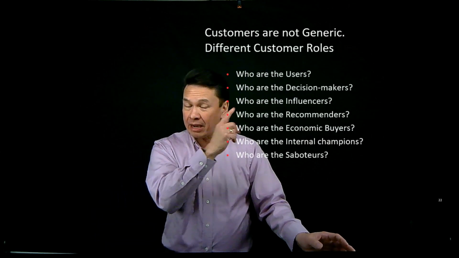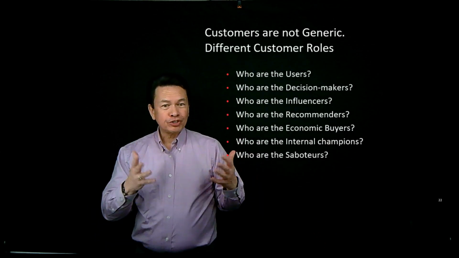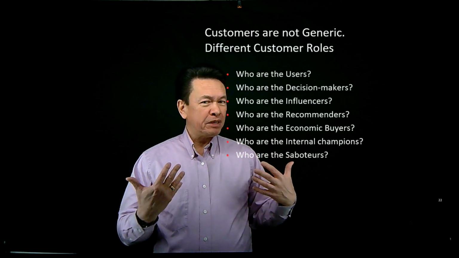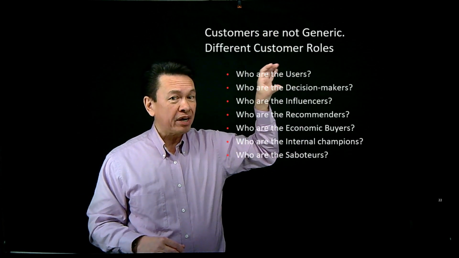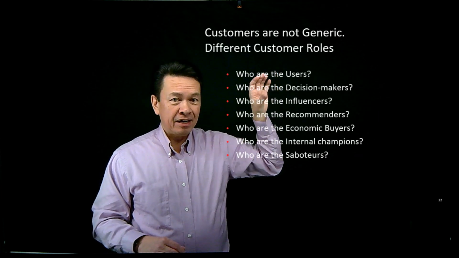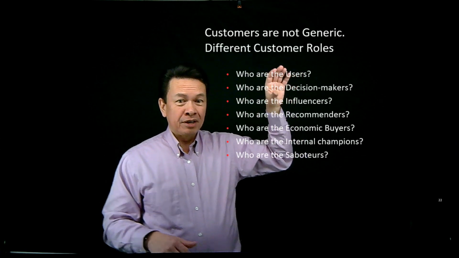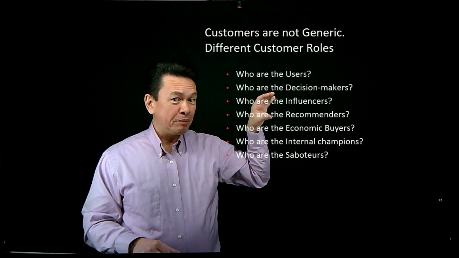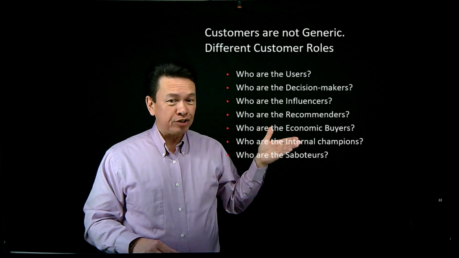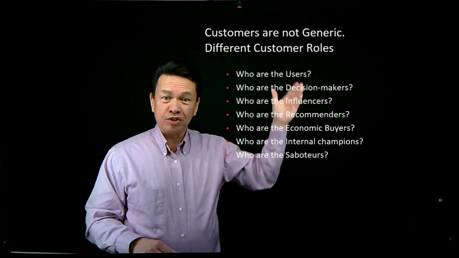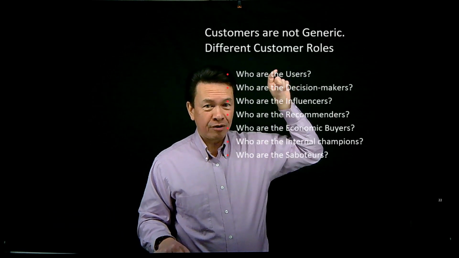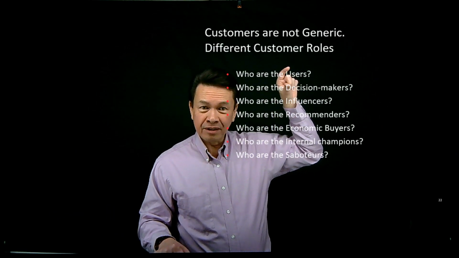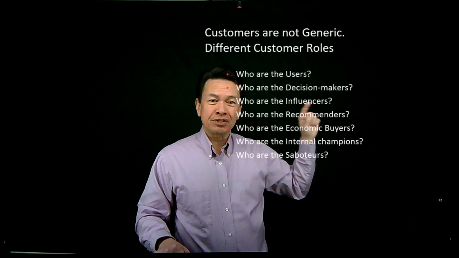But before we do that, I want you to know that there are different roles that different people take in here. Some people are going to be users of your product, but maybe they're not the ones that are buying it. There are decision makers. And then even then, there might be people who influence it. So depending on your product, you might have some of these, all of these, or just maybe one. Maybe if you're selling to a consumer, they're probably the decision maker and the user of the product. But who influences them to buy, right?